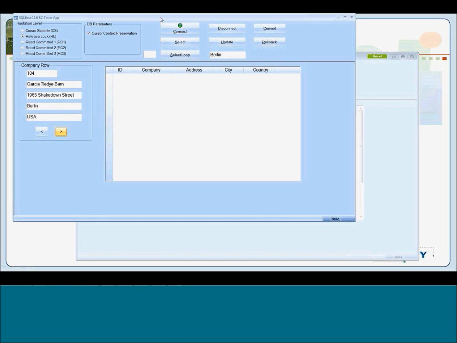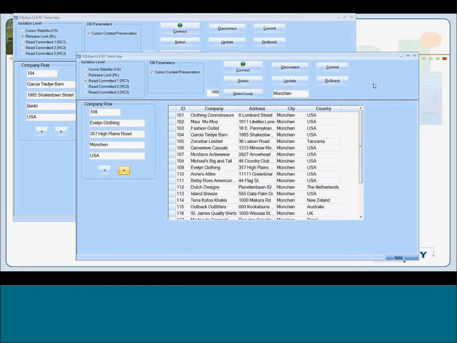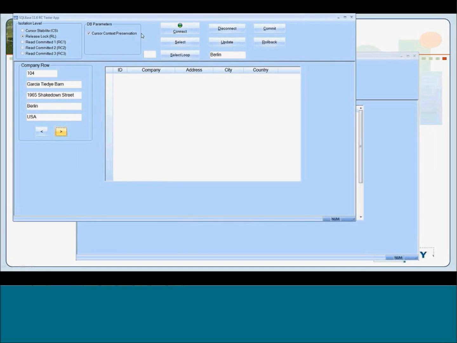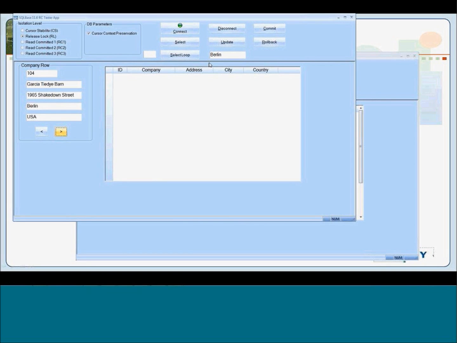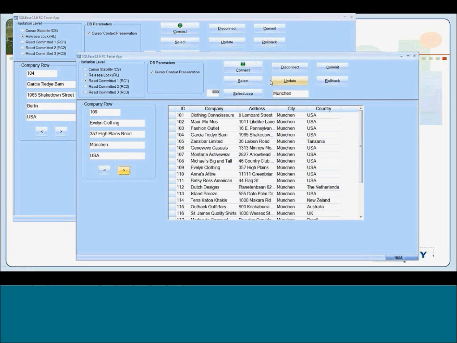So these two applications are not coming in the way of each other, which is really very nice behavior, I would say. So here the long-running transaction has ended, and during the long-running transaction, I could still do an update on the data from this application here. So both situations where locking issues could have been present in the release lock isolation level are not available anymore when you do use read committed.